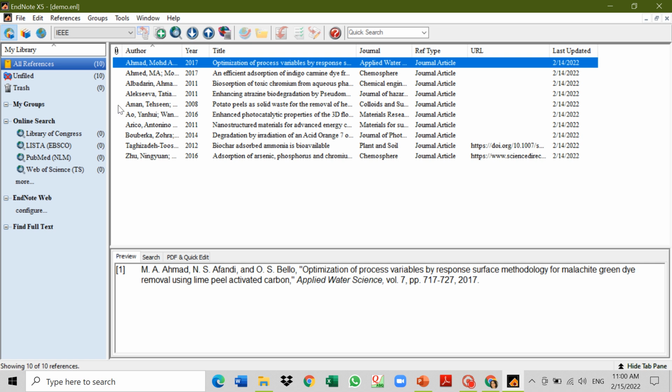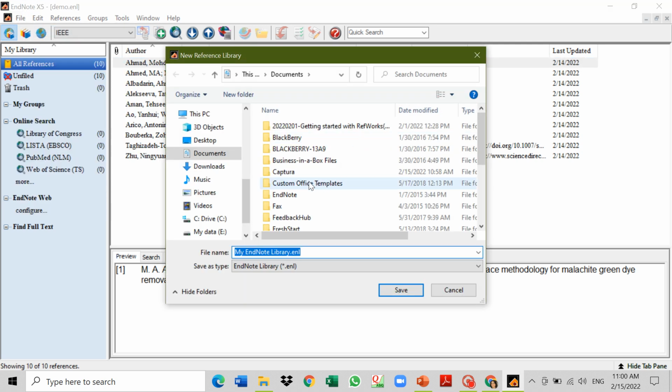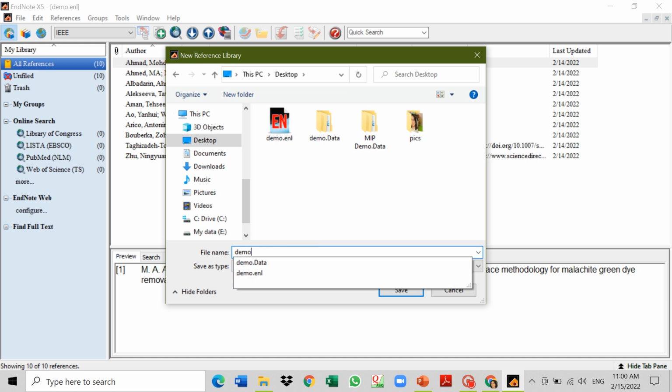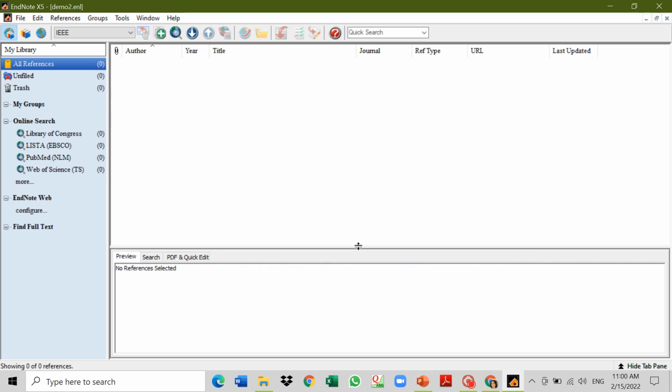So you can continue adding references into your already existing library, or you can make a new library from File, New. You can name it and select the location where you want to save the EndNote library. Maybe we can set this as demo 2 library, and I can save it where I want. So when you prepare a new library,